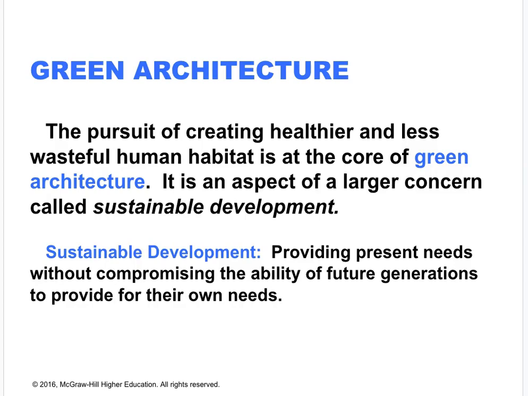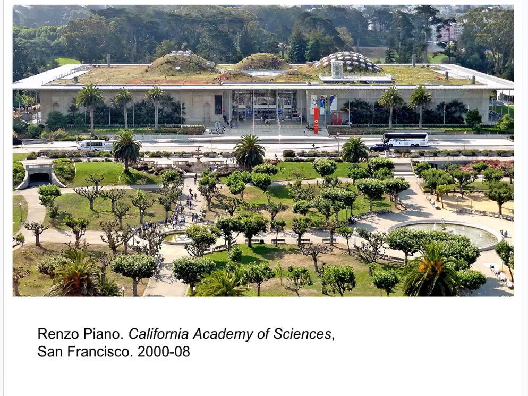the environment and hazardous. So here's one example of an architect named Renzo Piano, and this is the California Academy of Sciences in San Francisco. It's a museum that you can go into, but then as you can see, the top has like a park on top of it. And because of that park on top of it, which is a bunch of earth, it's almost like a